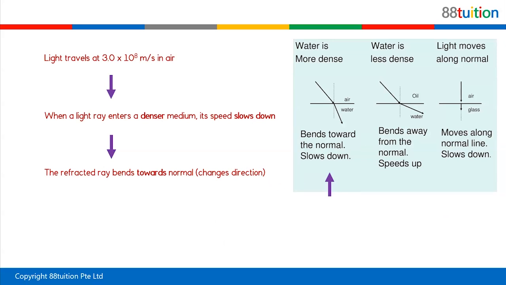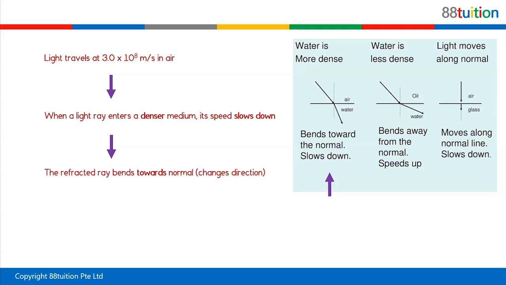Light travels at this speed in air. We all know. Okay, this is the speed that light travels in air. Then when a light ray enters a denser medium, its speed will slow down. So when its speed slows down, this ray is called a refracted ray. It bends towards the normal. It changes direction. Either it bends towards the normal or it changes direction, it is always because the speed of light has slowed down. Clear? So it's the slowing down of the speed that causes the bending of light, that causes light to travel